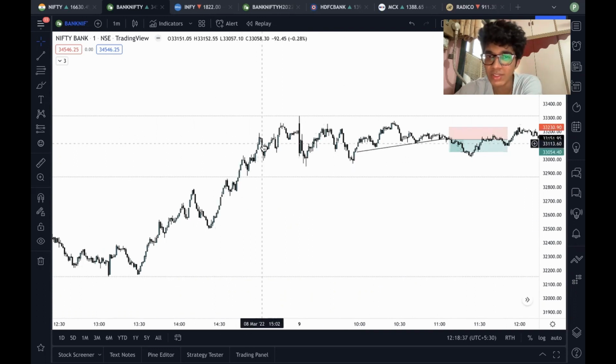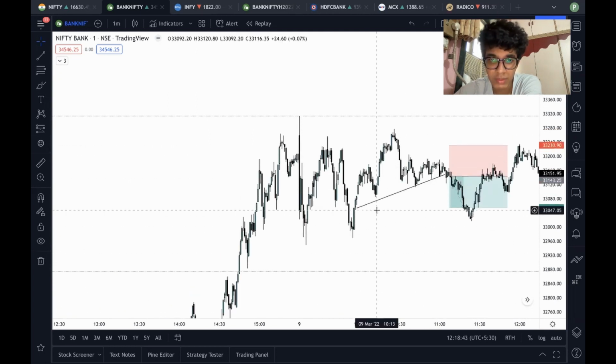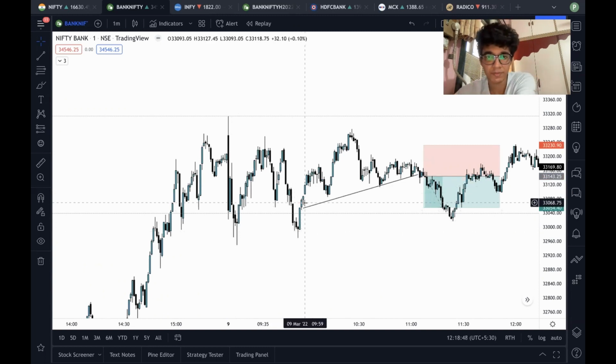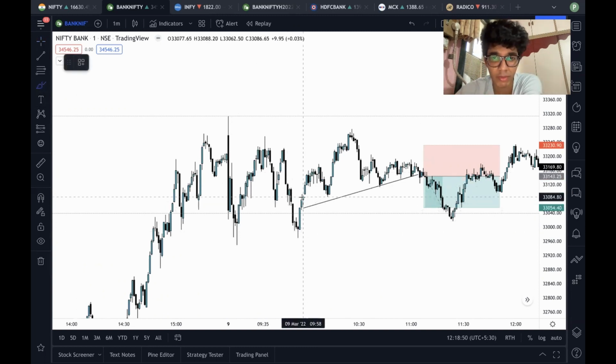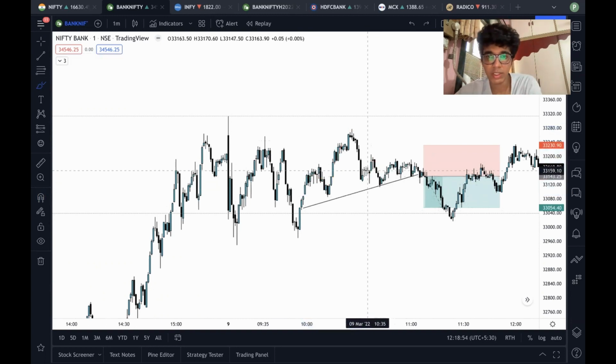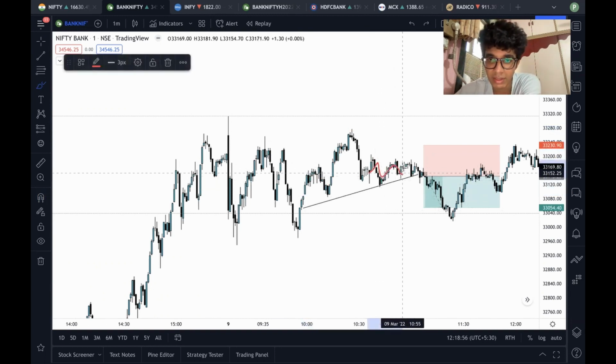So the market is not going to sustain and will go back up. One-side momentum. The market will correct a bit and only after that it'll go higher. So first, when we were seeing this, at least the market was able to sustain this low. But after this, what is being formed over here? A head and shoulders, right? And after the head and shoulders, the market was getting weaker and was not able to break these levels.